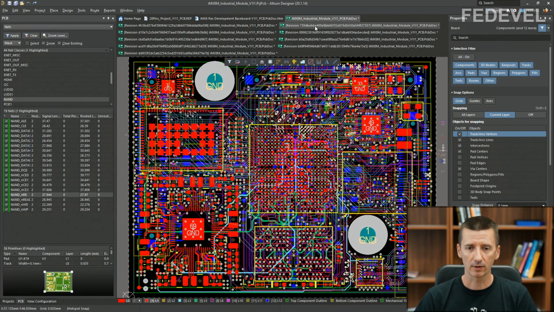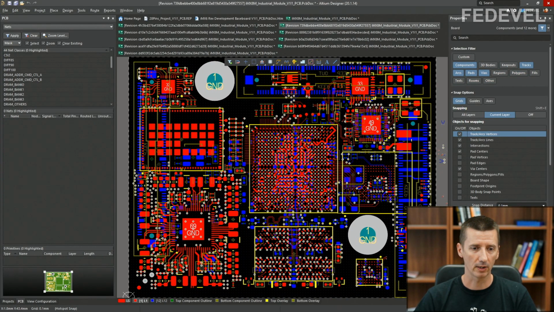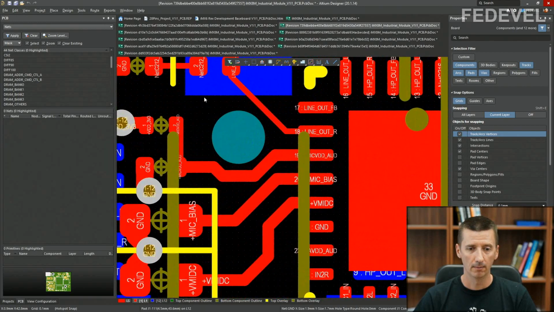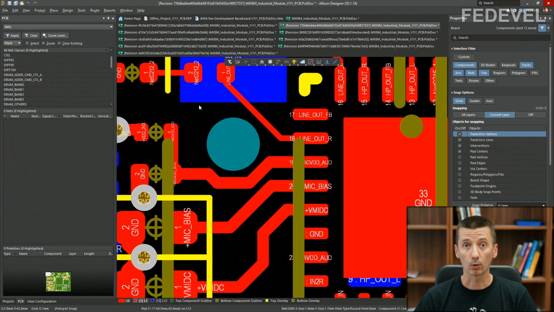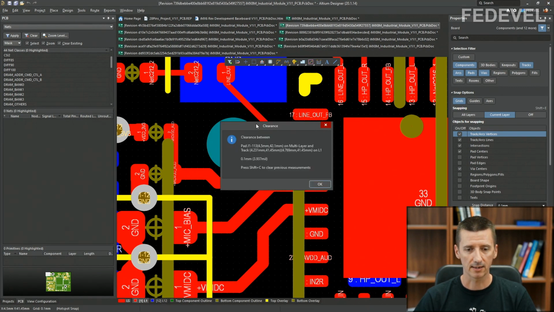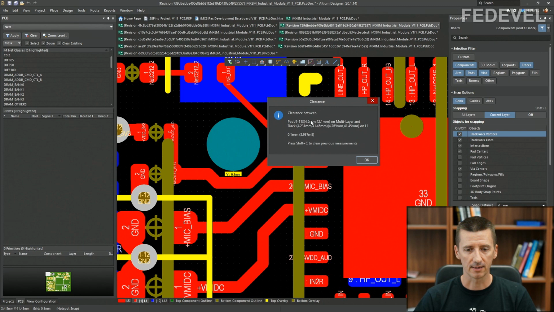When I click on this revision and zoom in here, notice how close this track is routed to this non-plated hole. Non-plated hole means there is no copper inside of this hole. And when I measure the distance between this hole and this track, you can see it is 0.1 millimeter.